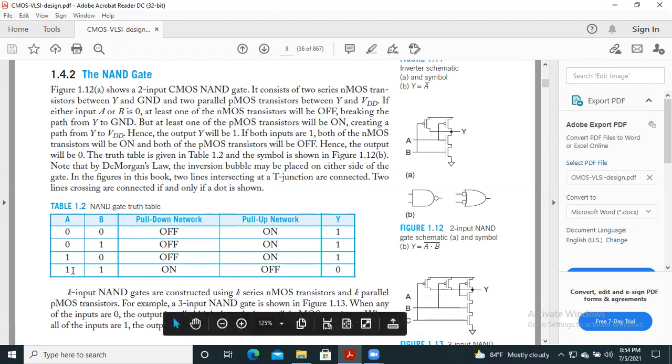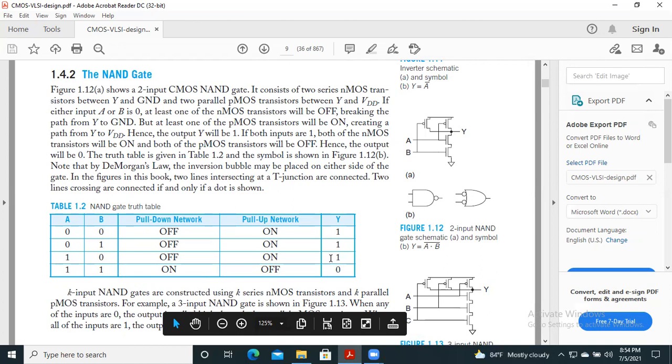For both inputs high, the pull down network is on and the pull up network is off, and the output is low. So here we can conclude that if any of the inputs is low, the output is high, and for both inputs high, the output is low.